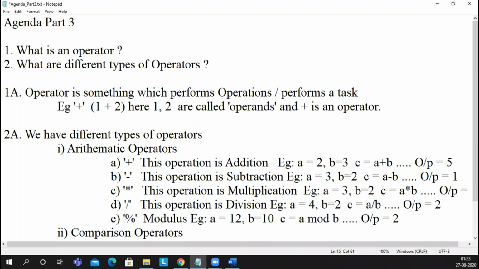So it is the value of a remainder. Sorry, let me put b mod a. So b mod a value